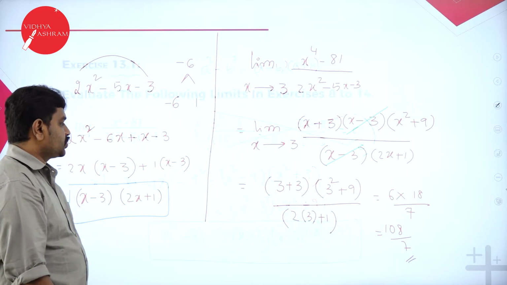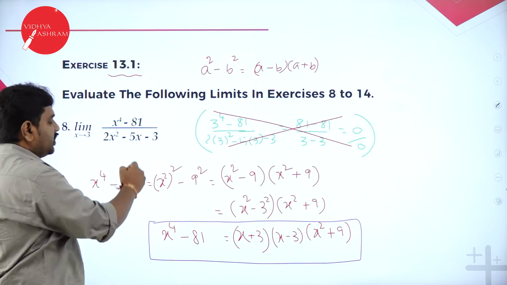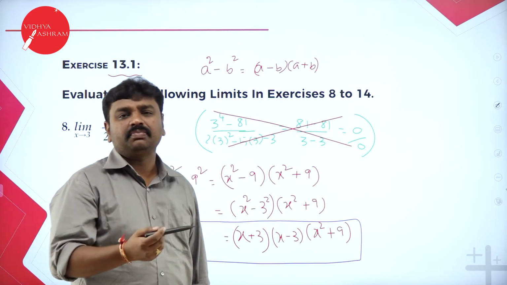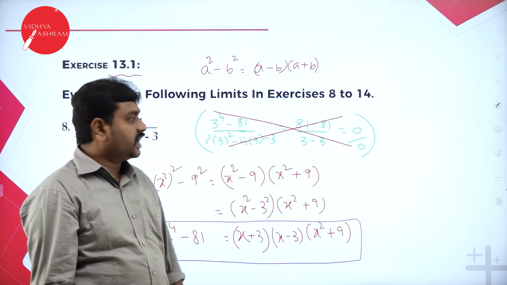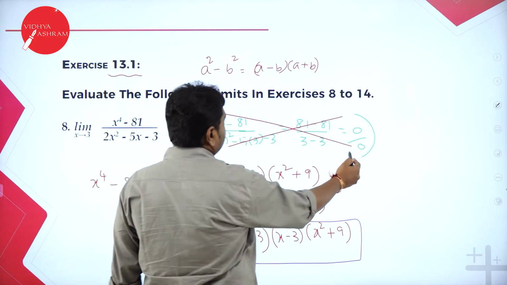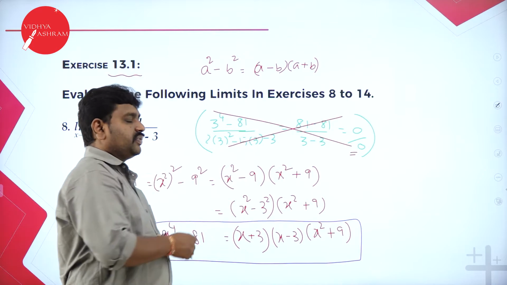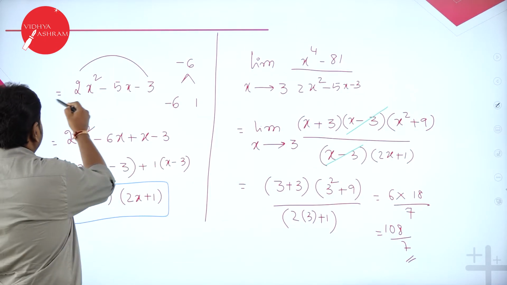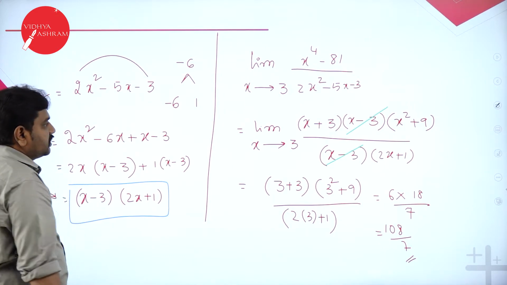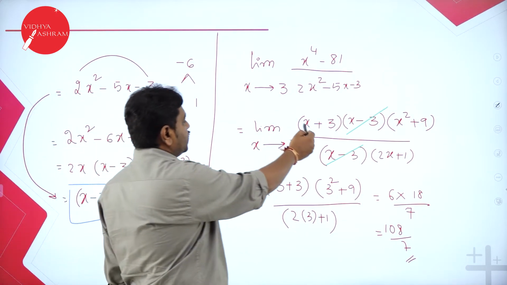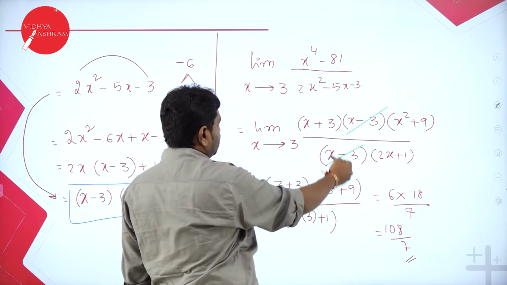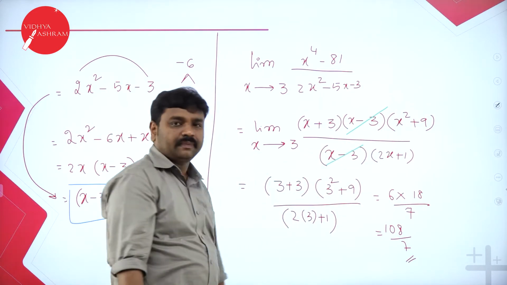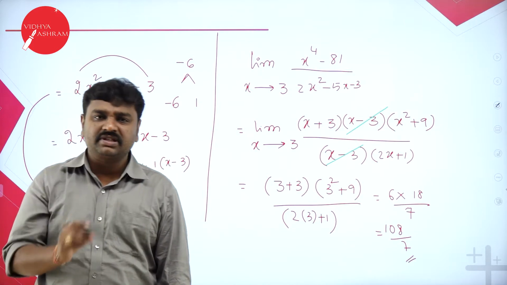Dear students, repeatedly we factorize the numerator, then we factorize the denominator, then we cancel the like terms, then we simplify it, and then you apply the limit. Directly if you apply the limit, you will get 0 by 0, which is not possible. So I have to simplify. I took the numerator separately and I factorized. Then I took the denominator separately and I factorized. Then I wrote the value of numerator as factors and denominator as factors, and common factors will cancel. For the remaining factors you apply the limit. What is meant by limit x tends to 3? In the place of x, put 3.